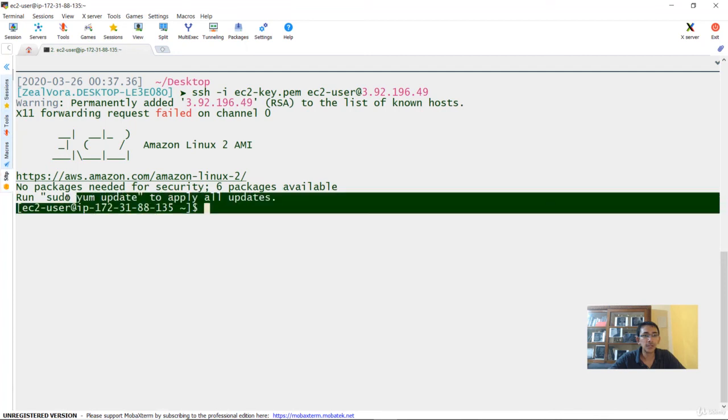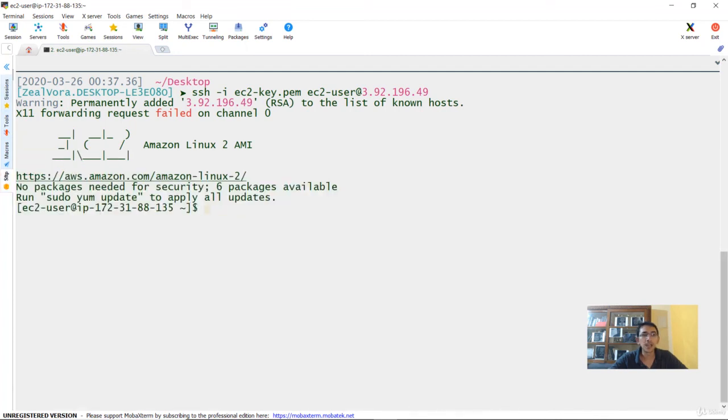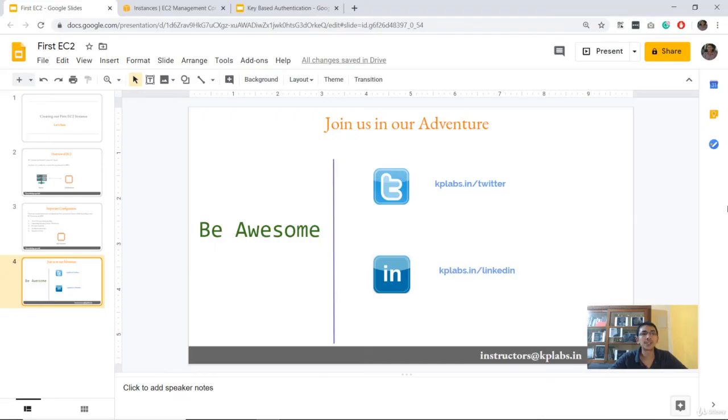And now you see you are automatically logged into the EC2 instance. So once you have logged into the EC2 instance, you can do whatever you intend to do. You can run your own application, you can create your own website. There are a lot of interesting things that you can do in a Linux server. So that's the high level overview about how you can create an EC2 instance in